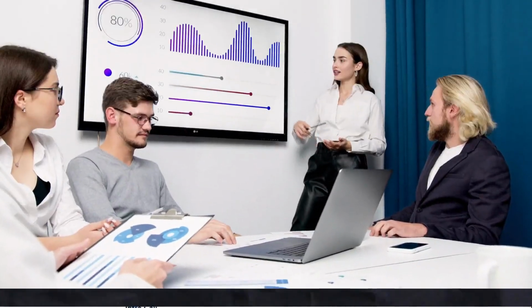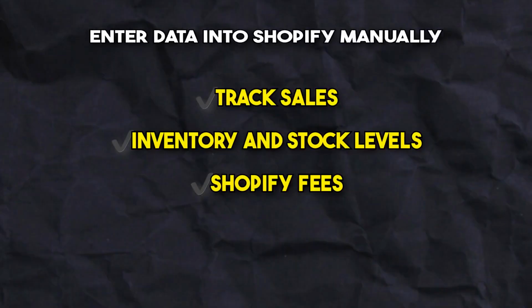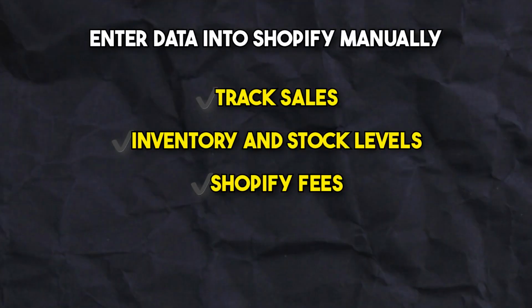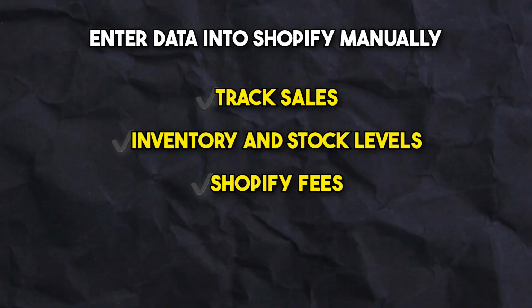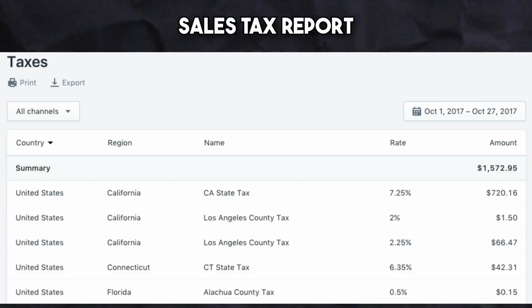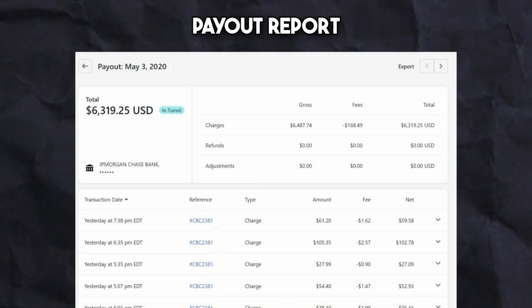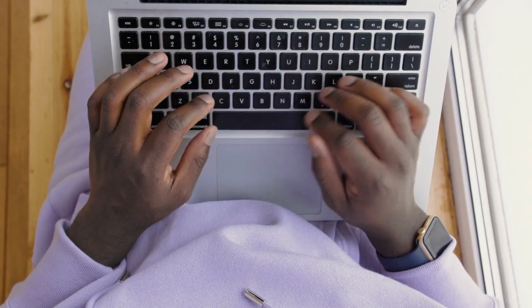For those that don't want to worry about the app, you can manually enter data from Shopify into QuickBooks to track sales, inventory, and stock levels. The reports needed from Shopify to do this are your financial summary report, sales tax report, inventory report, and payout report. Data from these reports can be entered into QuickBooks on a monthly basis to give you a clear picture